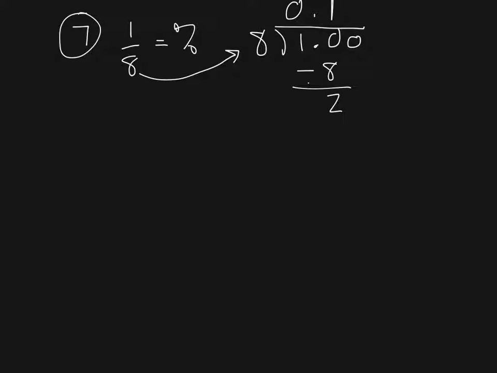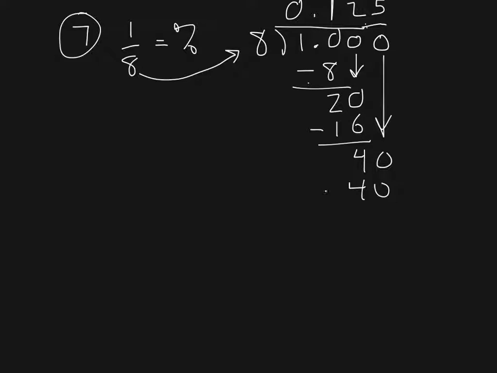Have to keep going because as long as it doesn't repeat or terminate, we have to keep going. Bring down the 0, we get 20. 2 times 8 gives me 16. Gives me a remainder of 4. Another 0, bring that down, I get 40. And 8 times 5 would give me 40, which means I now have a remainder of 0. So at this point, my decimal is 0.125. To convert to a percent, I need to multiply that by 100, which is going to move the decimal